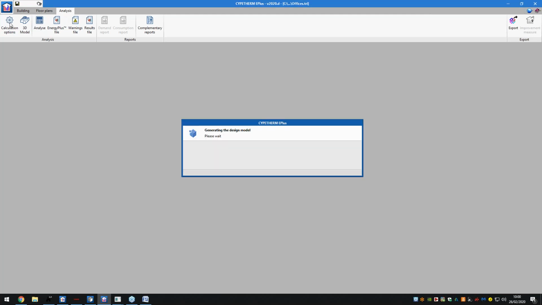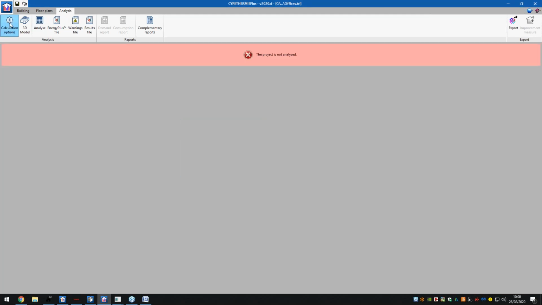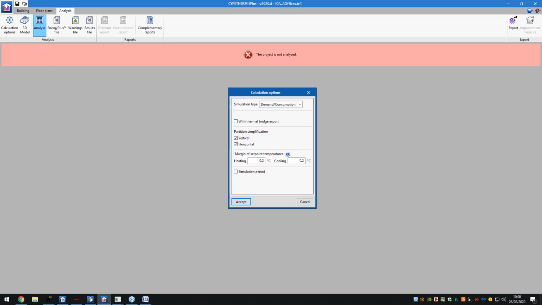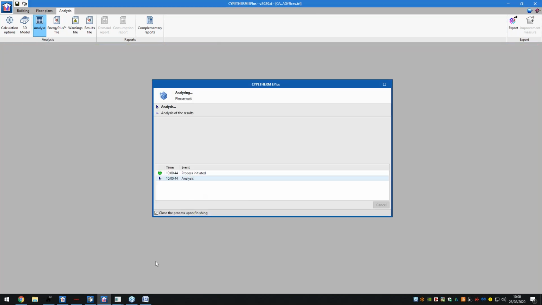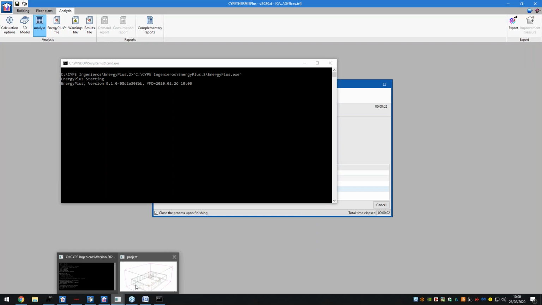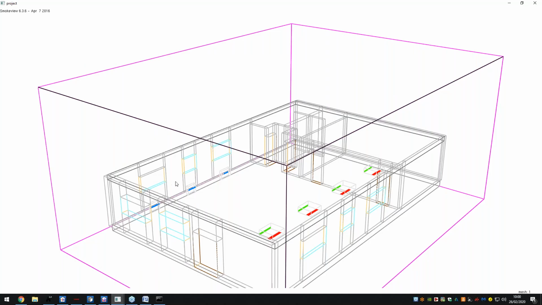We have the option to generate our A+ files and results files within the program as well. And we're going to have a look now and analyze this project in particular. Now, while this project is analyzing, I'm going to show a demonstration. This might take just a few minutes. This demonstration that I have here